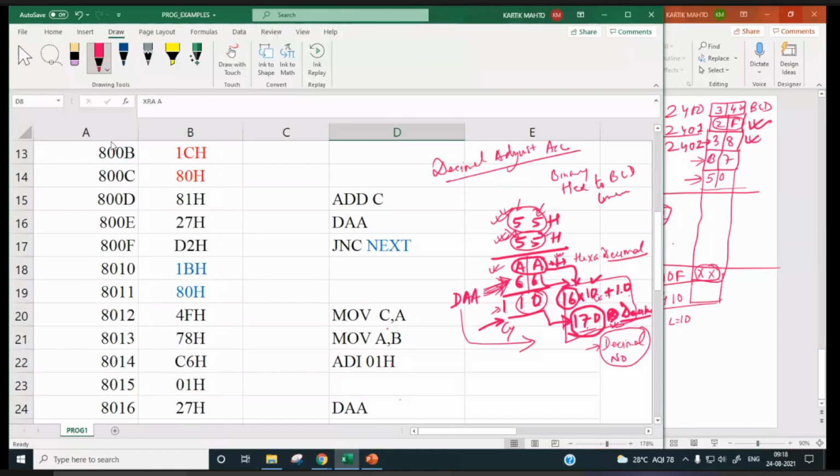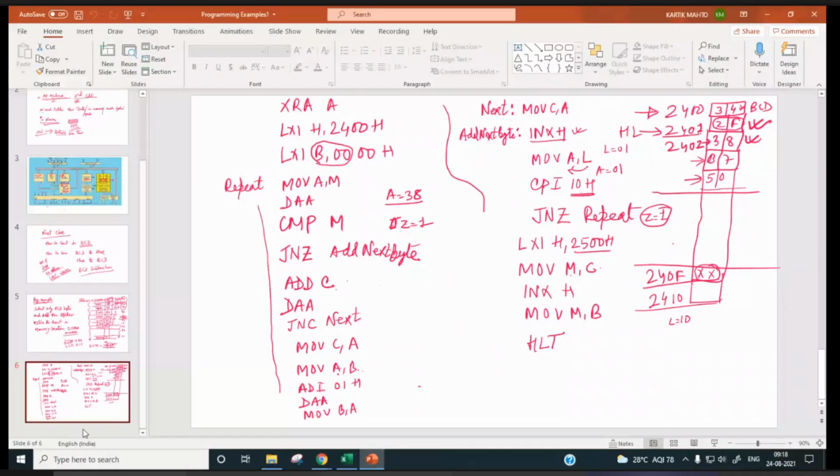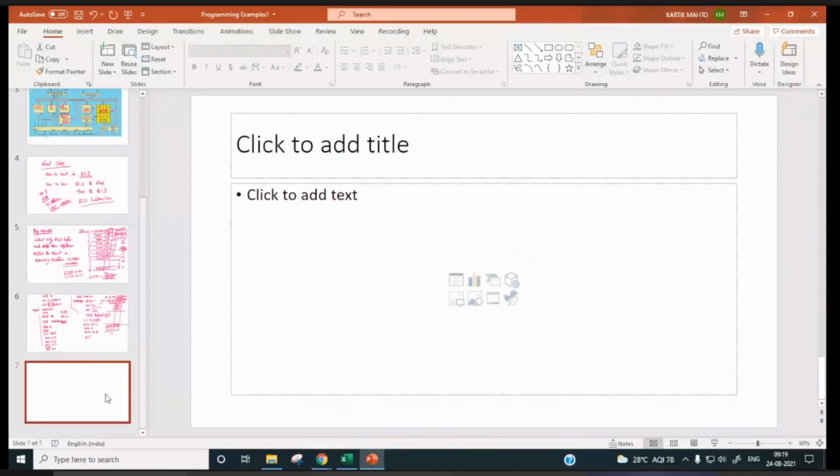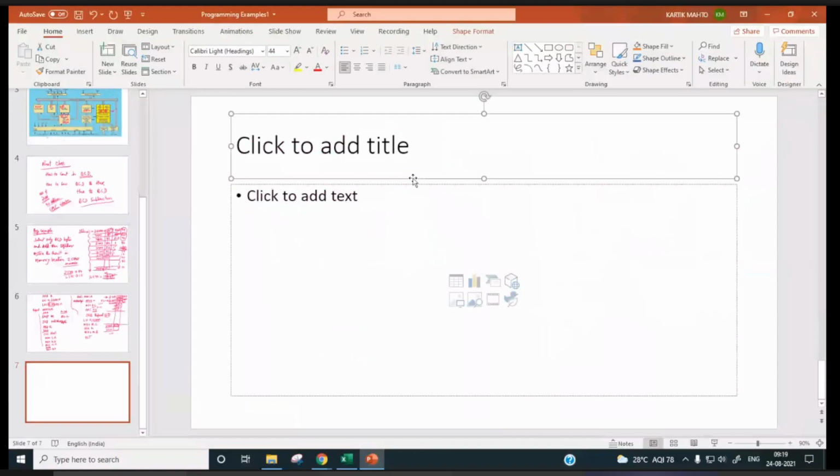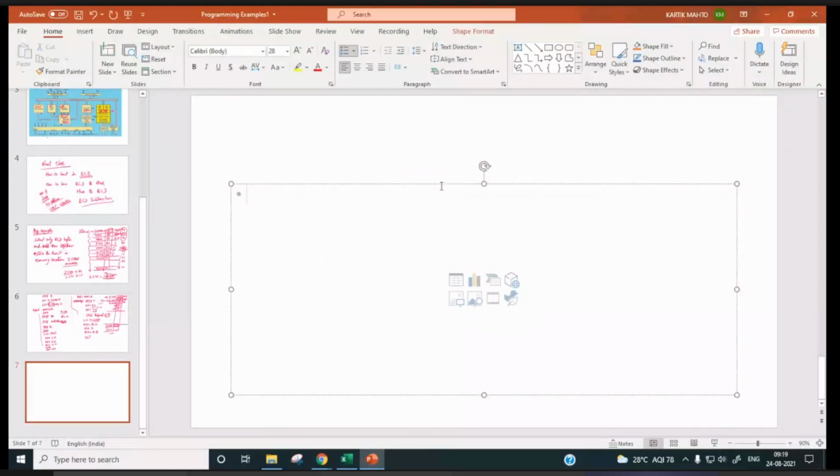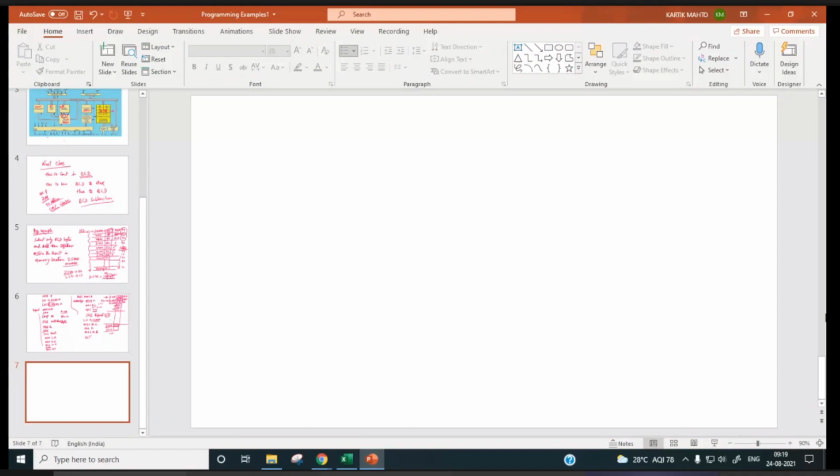Anyway, now I will discuss another technique to find out whether a number is BCD or not. So I am putting a new slide over here. Some new logical instructions will come, so you need to note them down.